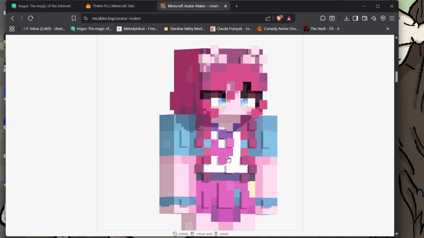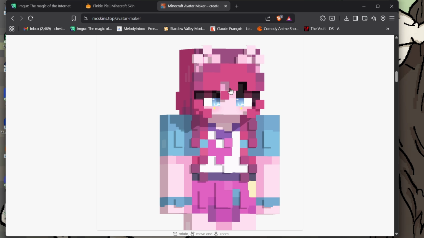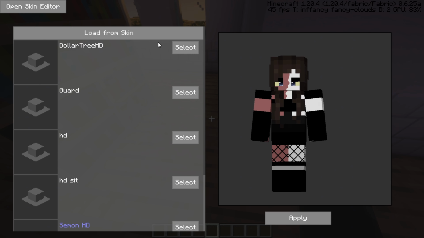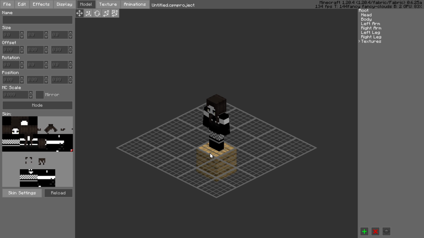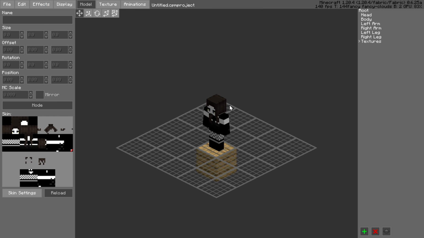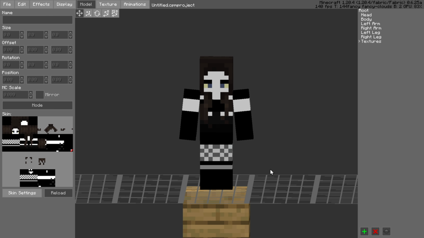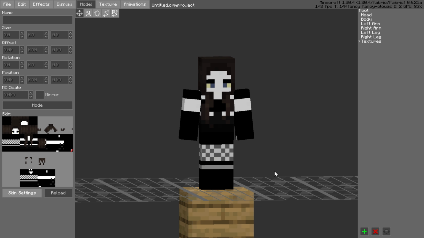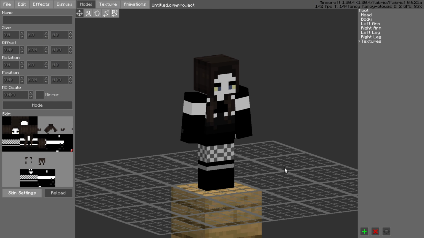And then of course, the way to import them for custom Minecraft skins is you want to open, and actually I'm going to exit the game to do this because you can't really export certain things when you're in the game. So here you go, it's right up here in the corner of your screen. It's Open Skin Editor. You're going to open that, and here's your skin, your basic skin. It's the main skin you have when you're using Modrinth. It'll use your current player's skin,